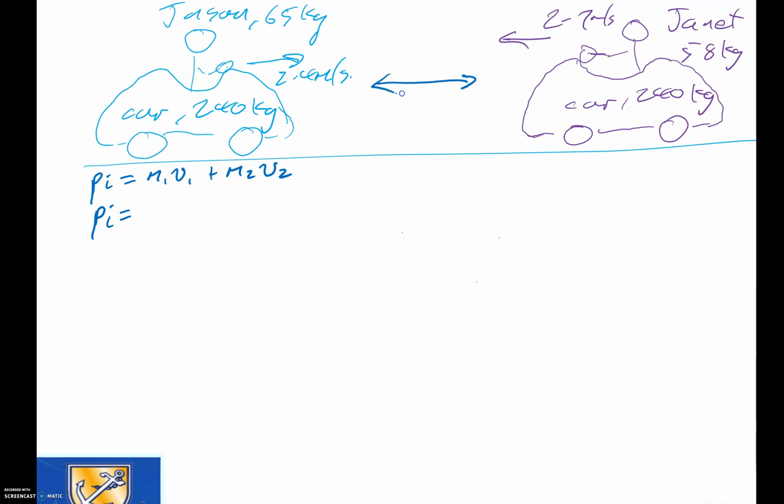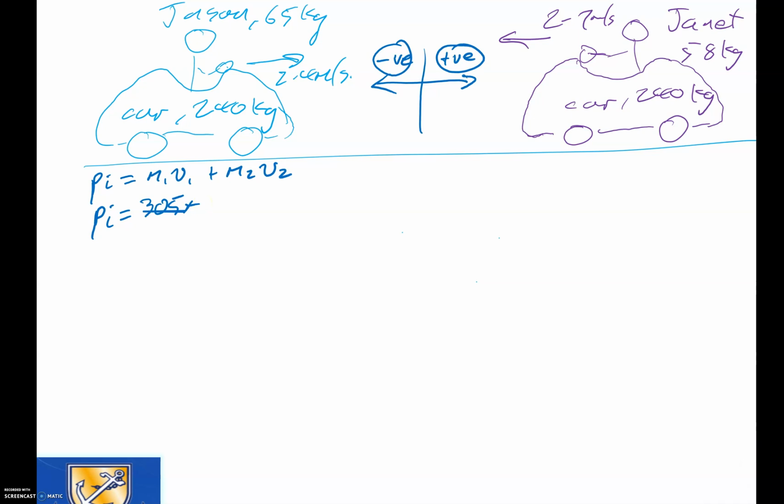before we do anything, we need to know which direction. I'm going to decide that this direction is positive and this direction is negative. You can choose either way, but it doesn't matter as long as you stick with the program. Jason's mass is first, so he's got a mass of 240 plus 65 makes 305 kgs, because you have to,